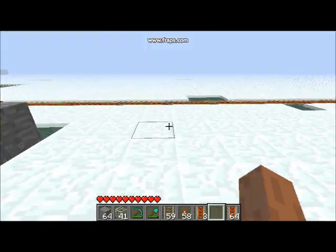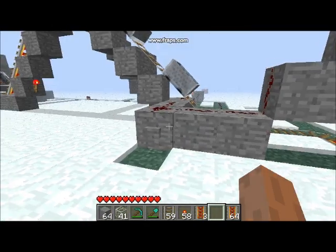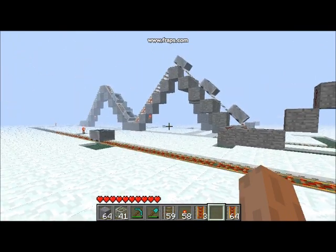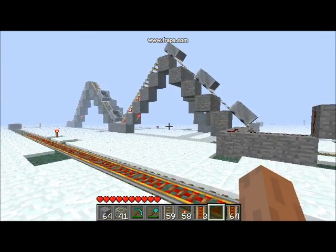Still, this whole concept is pretty cool. I like it. So here we go. I press it, one goes down, it triggers, and they all move into position, and that goes around and goes back in. And as you can see, because of the size of the tracks, it takes a little while